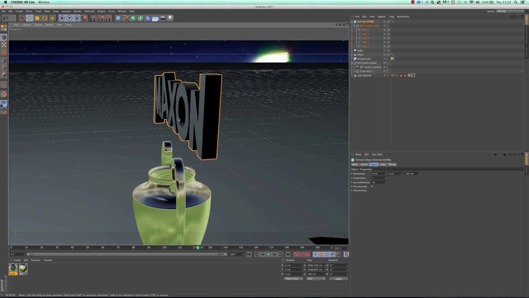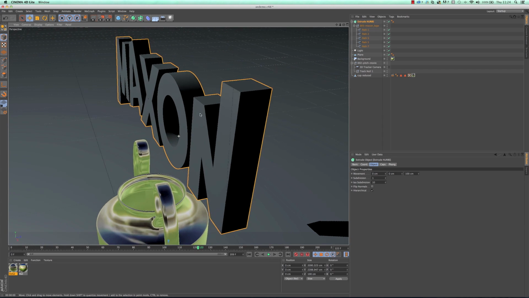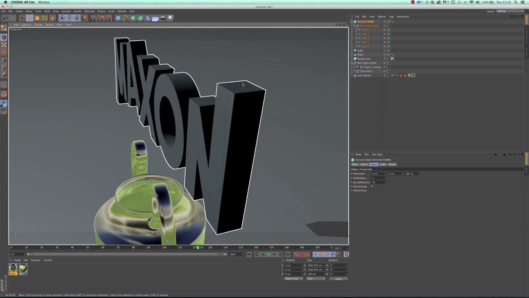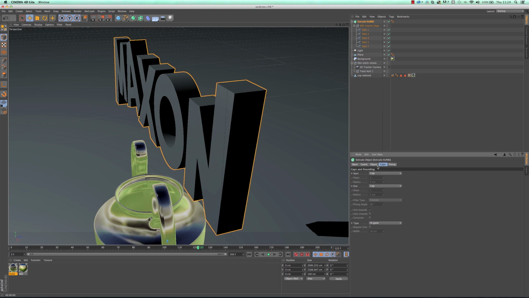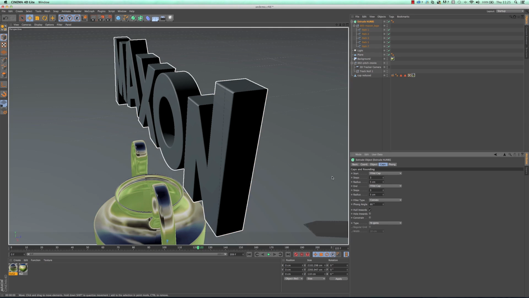Another nice thing about Cinema 4D, if we have a look at that logo, and this is typical if you try and create some 3D text in After Effects, for example, is you get very hard edges. And the nice thing with Cinema 4D is the caps of the extrude NURBS, you have access to fillet cap, which enables you to have nice rounding on the caps. So you can see I've got a step of 1, so I've got a bit of rounding, but I can up those steps. I can also change the radius if I want. So I've just upped them to 3, and you can see I've got this nice rounding on the edge there, which is really cool.